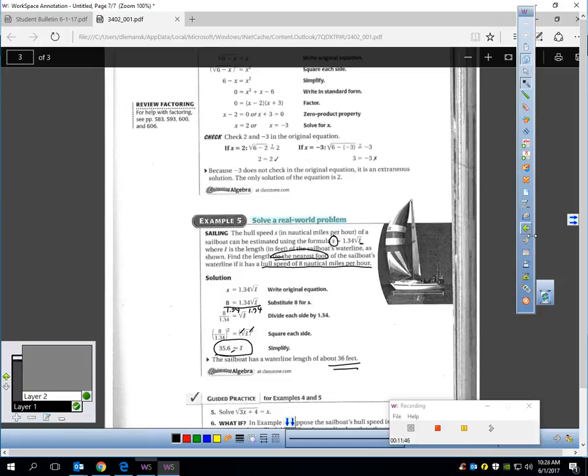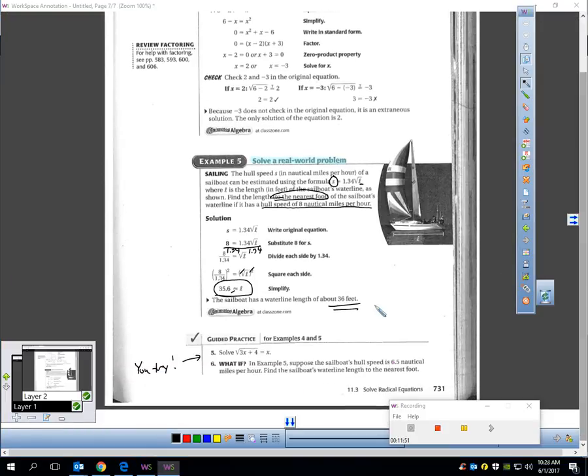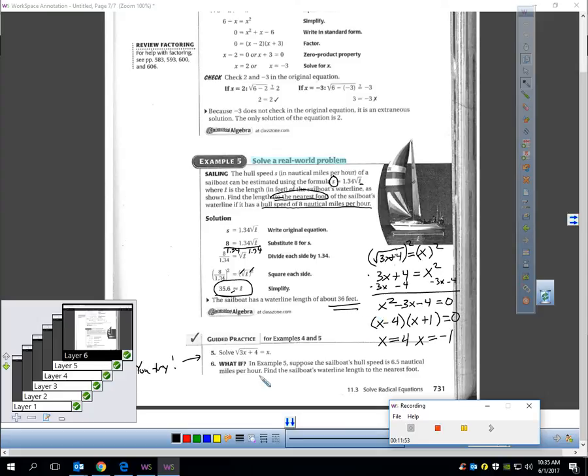Okay? What I would like you to do real quick is pause the video and try number 5. Okay, I'm back. So let's solve this. First step, I see a radical in the problem. It's isolated on one side of the problem, so square both sides. That gets me